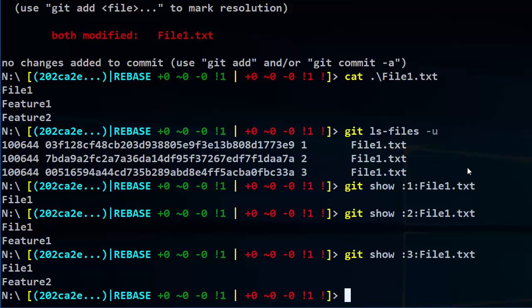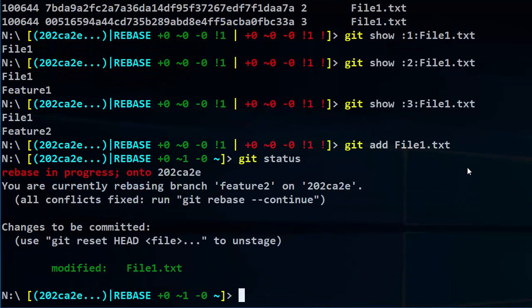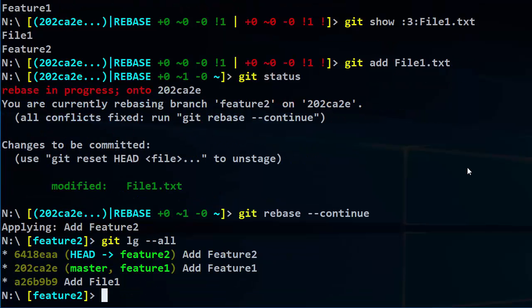So we've already got a resolved version of the file, so we can go ahead and add that into the index. And then if we do a status again, we can see that Git's going to tell us that all the conflicts are fixed, and this time we need to issue a slightly different command to carry on. We can say git rebase --continue, and then it successfully applies the patch, and as there's only one commit that we had to rebase, we're done. And now if we issue a log to look at the commit tree, we can see